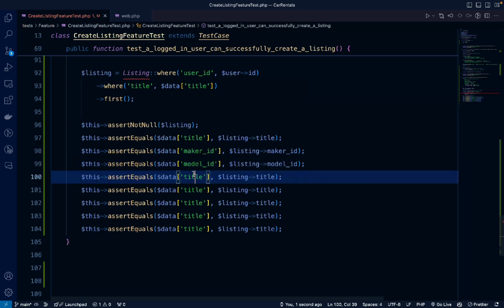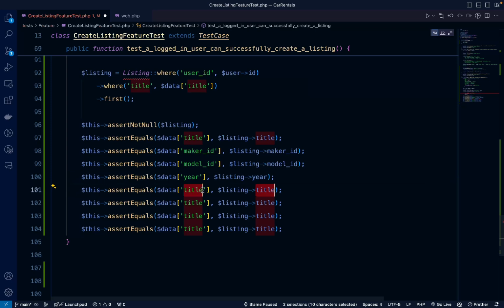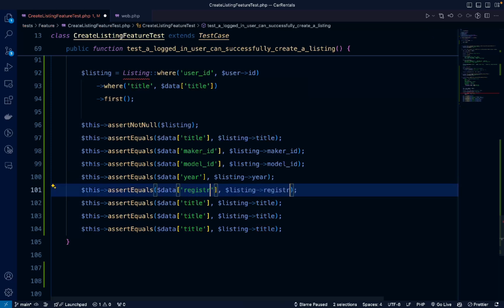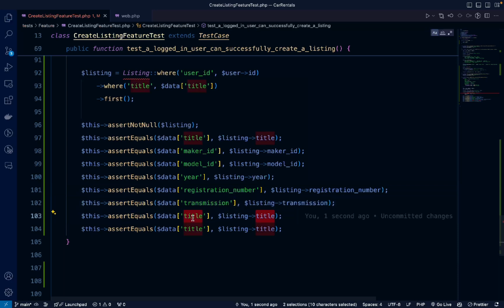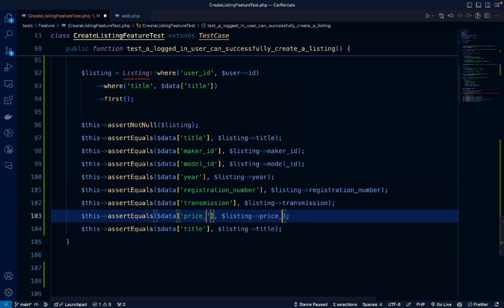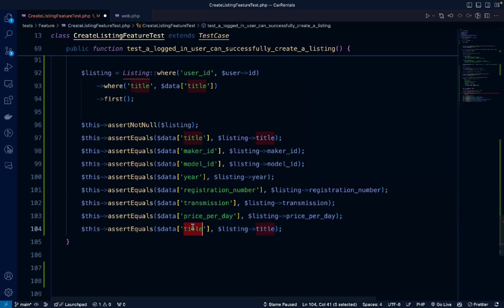So then we'll do year, and we have the registration number, and then we have the transmission, and the price per day,